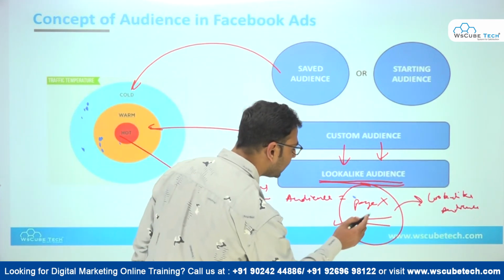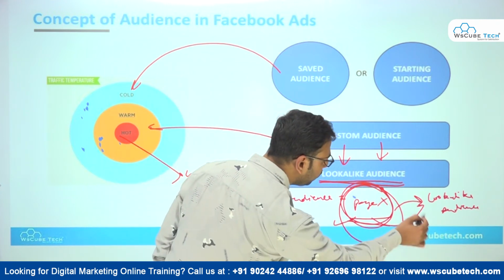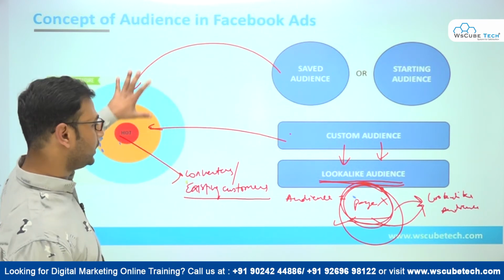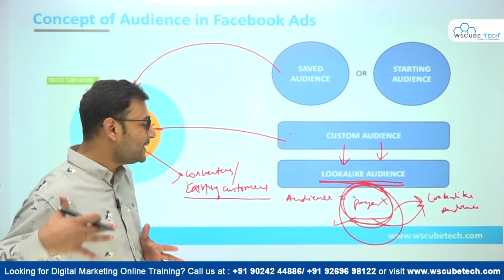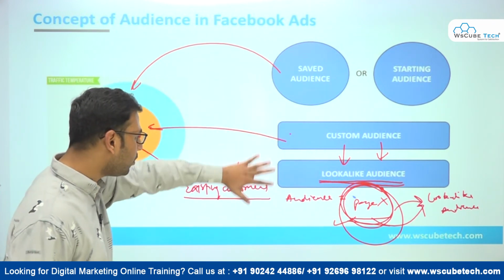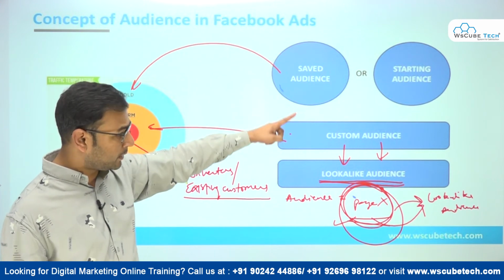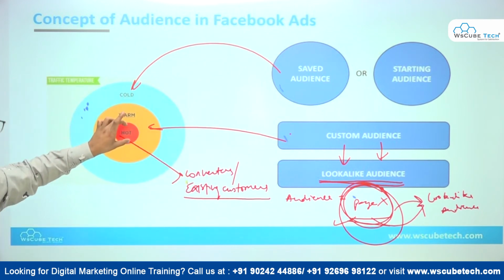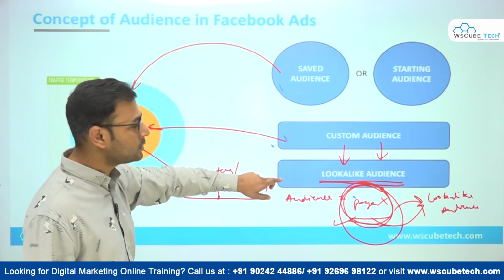Now Facebook knows what kind of people these are, right? On those particular parameters, Facebook is going to find a new lookalike audience for you, and that new lookalike audience you can again use as a cold audience, because those people have not interacted with your business, but they are similar to your custom audience, which was the visitors of page X. So talking about the chances of conversion, we have least conversion over here. We have pretty good conversions over here, and we have the best conversions with the hot audience, which are already converters.